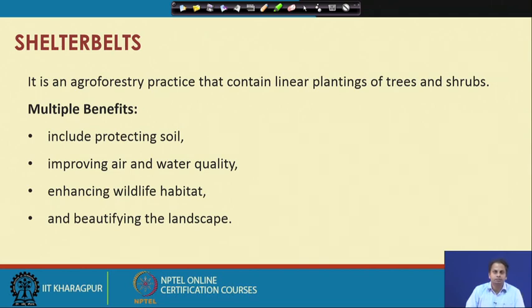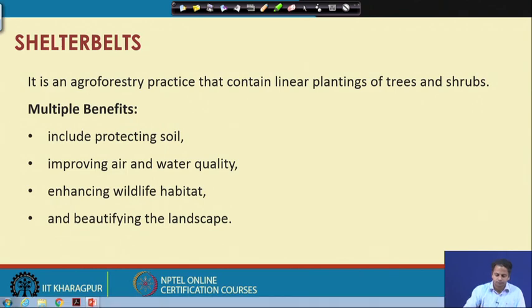So lengths are bigger, and we are talking about large scale here compared to protection for a farmstead. Other objectives are enhancing wildlife habitat or improving the biodiversity of that region, and beautifying the landscape. But our main objective is to reduce the wind speed and protect the soil.